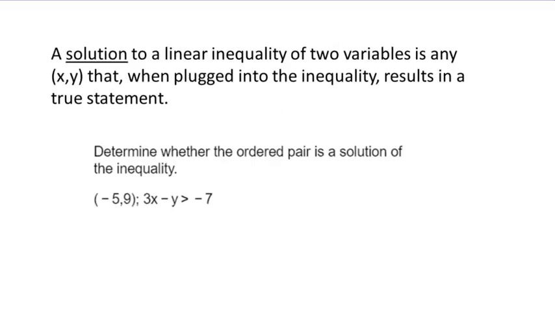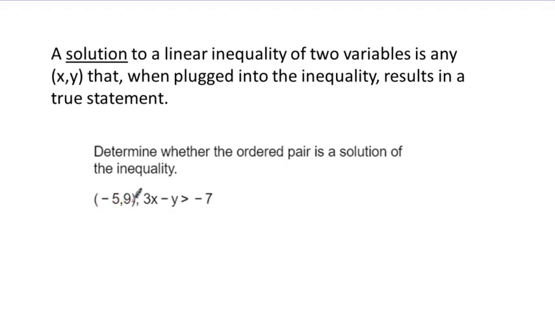All right. So a solution to a linear inequality of two variables is any x comma y that, when plugged into the inequality, results in a true statement. So the first couple of problems you're going to have on the homework will ask you to do just this. They're going to give you an ordered pair and ask you if it's a solution to an inequality that they've provided. So for this particular problem, what we have is